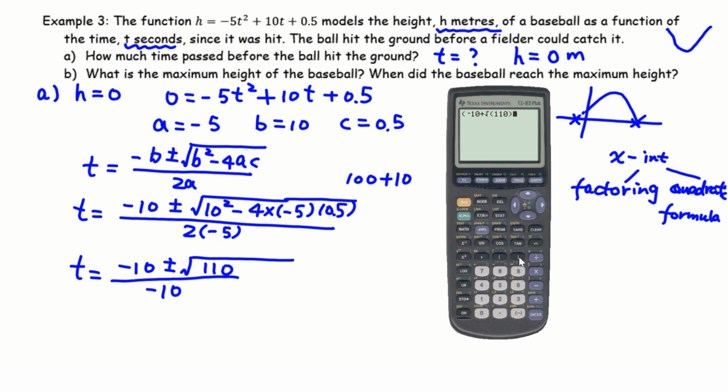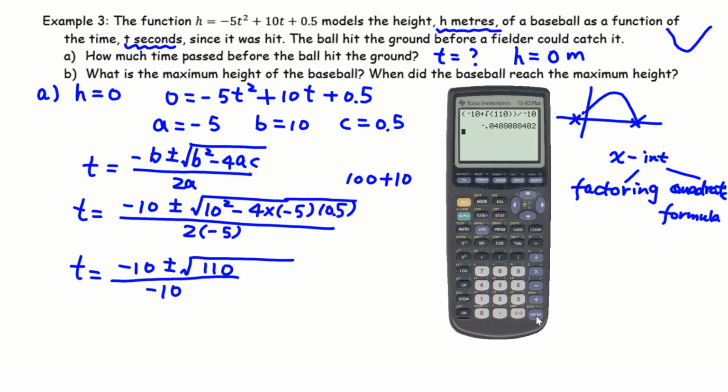And close the bracket, then close the bracket again. This is your numerator, so make sure the numerator is in brackets. Then divide by negative 10. That equals